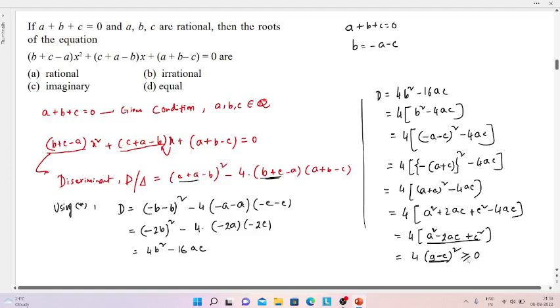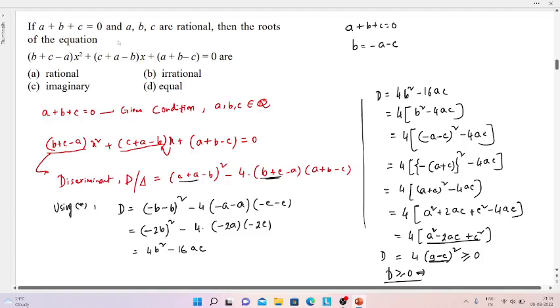Equals to 0 may happen, greater than 0 may happen, right? So that part will become greater than or equal to 0. So D is greater than or equal to 0. Can you tell me what condition is hiding behind that? For the case of D greater than or equal to 0, we can say that the roots will be rational or equal. Equal is one of the cases for when a equals c happens, but here